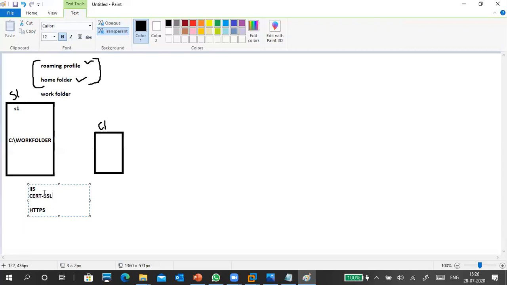We are using this service to access the work folder from other places. That's why the data access is completely encrypted. So no tapping, no data access, which means no one will hack your data. Encrypted data will be transferred.